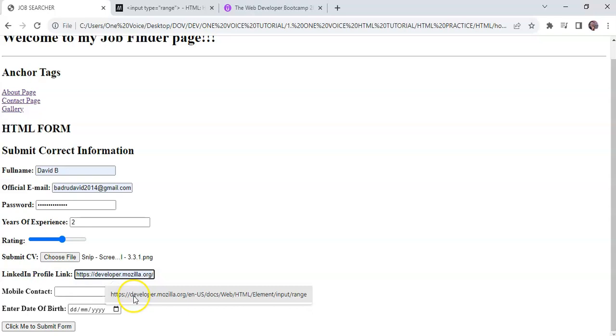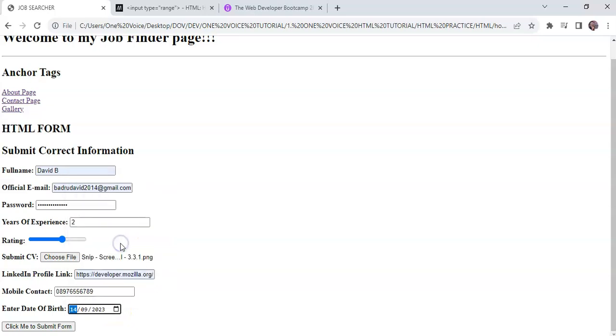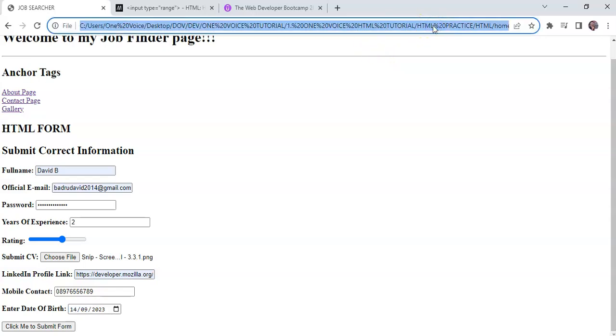Okay, I like the autocomplete. The mobile option, let me see. Okay, you can type that by yourself. 1, 2, 3, 4, 5, 6, 7, 8, 9, 10, 11. Okay, we have the mobile contact there, and we have a fake date of birth as well. Now, if you look here, this is the file path we copied and pasted in our browser. If you look properly,